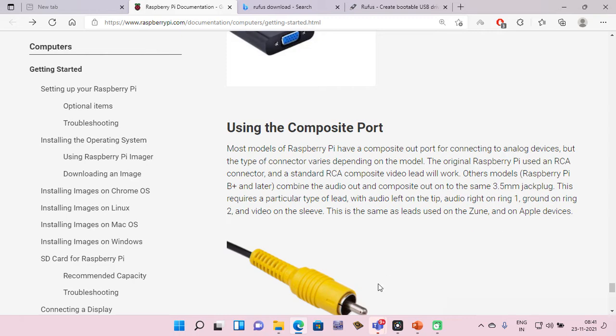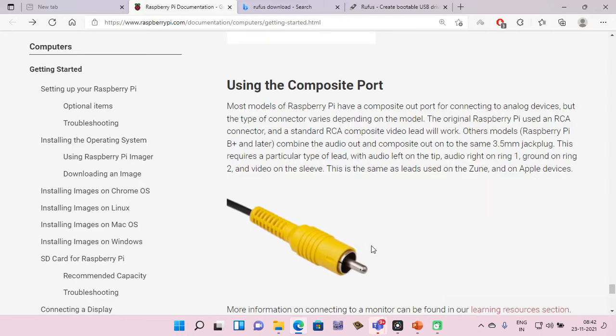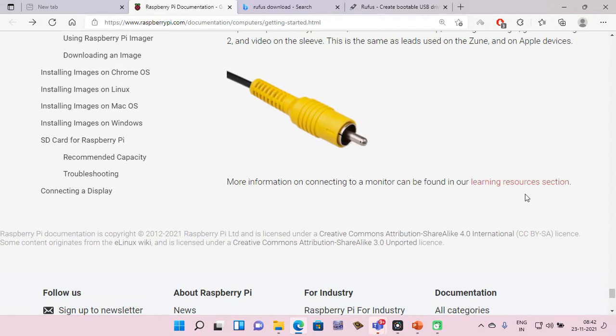That means from the same jack plug you can take both audio and video. This requires a particular type of lead with audio left on the tip, audio right on ring 1, ground on ring 2, and video on the sleeve. This is the same as leads used on iPod and on Apple devices.